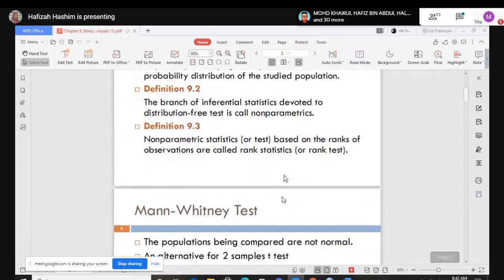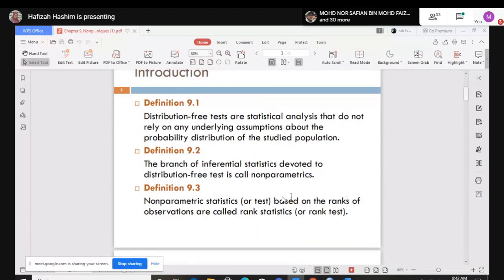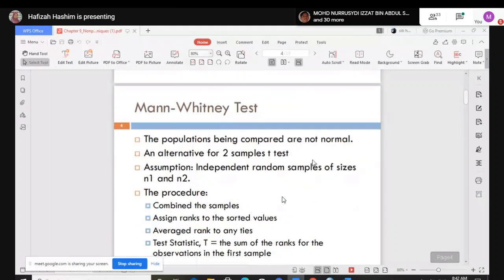This is the definition. We learned this during your lecture last week, which is the distribution free, what we call a non-parametric statistic. Here now we look at the Mann-Whitney first. There are two samples.